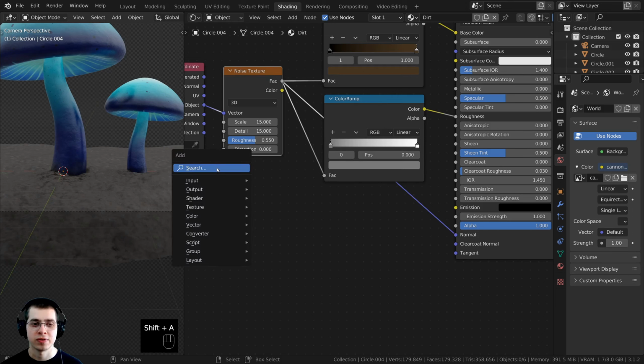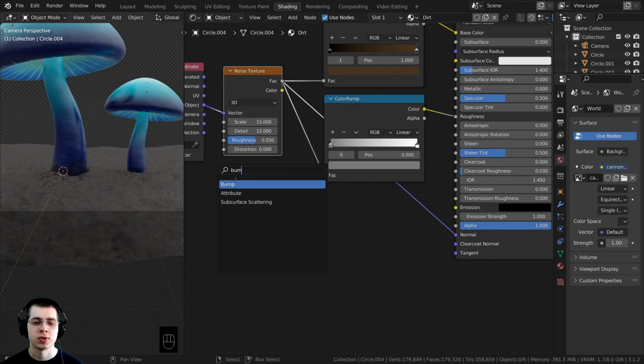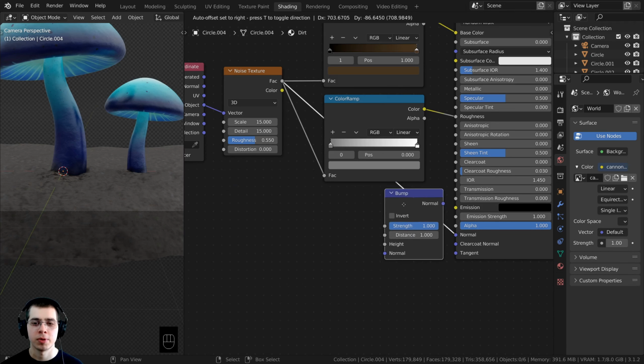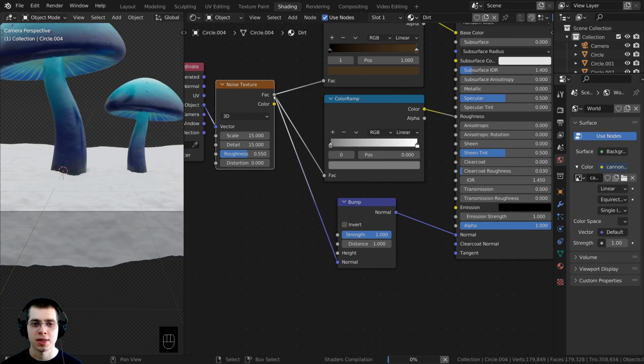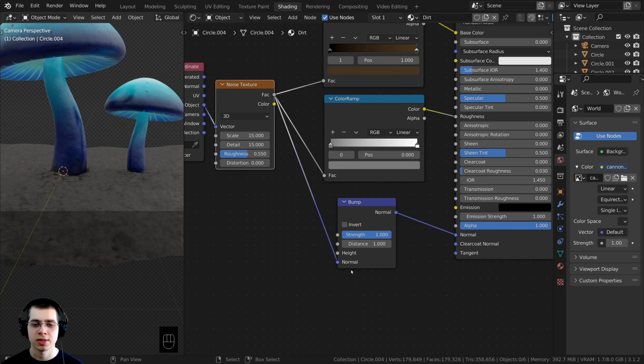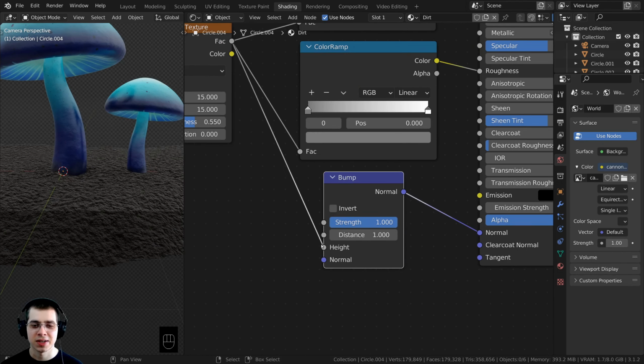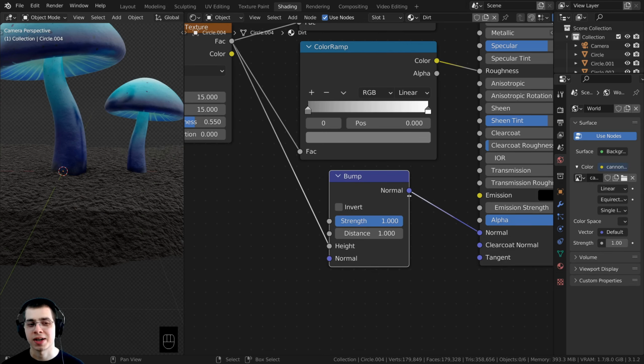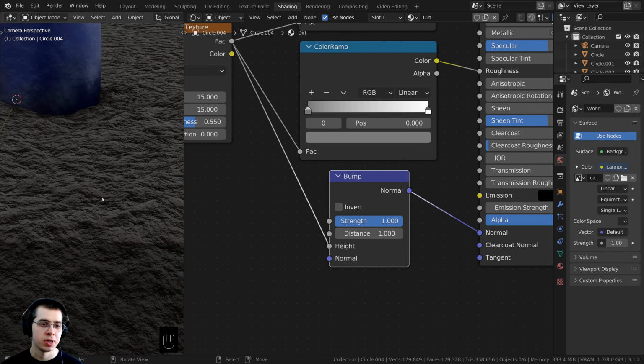So I'm going to press Shift A. Let's go to the search here, and I'm going to search for the bump node, and let's drop the bump node right into this wire. So you can see that the black and white factor data is going to go into the height value. We actually want to put this into the height value, and then that is going to convert the black and white data into normal data. You can see now it comes out as a purple one, which is normal. So then that can go into the normal, and now if I zoom in here, you can see it's very,